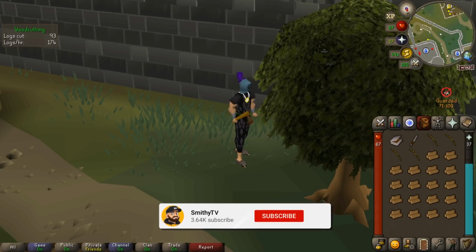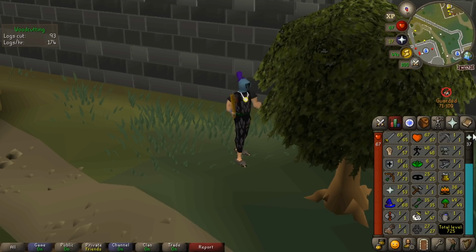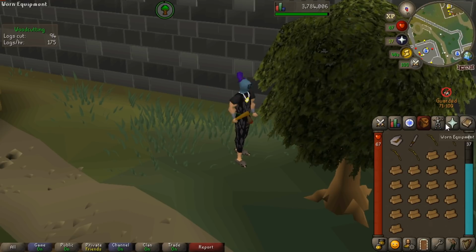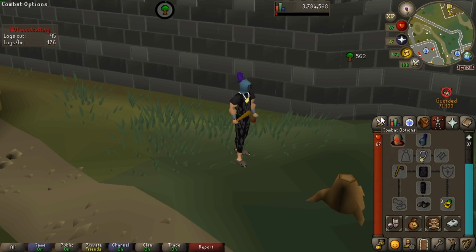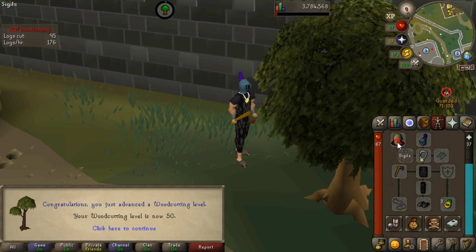But for now, the primary goal is getting all of these stats up a little bit, trying to get them all up. I'll wait for us to get one more log, and then I'm going to go through the sigils that we currently have in play. We're just going to secure ourselves into a good position for the finals. And there we go, there is 50 woodcutting coming in. And with the sigils, we have...